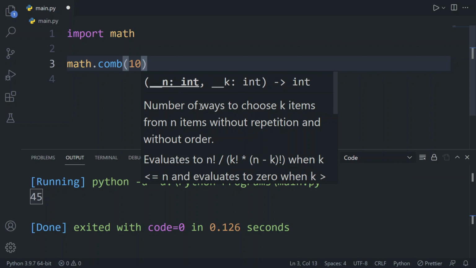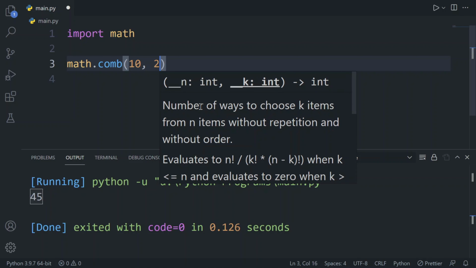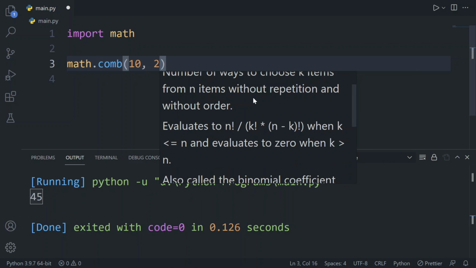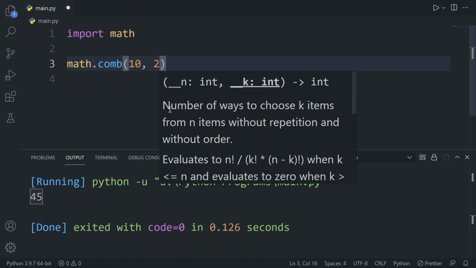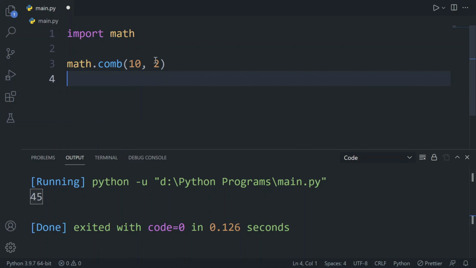So if I pass 10 and if I pass 2, the k is the second value, and what this function will do is it will give us the output of how many times we can find this 2 in this 10, what are the combinations and all. So it will give us the result.